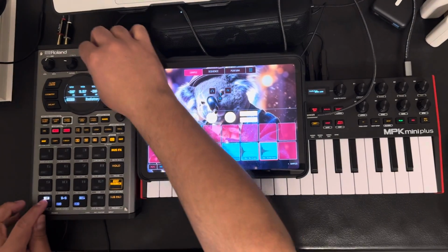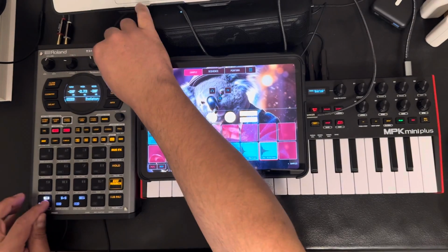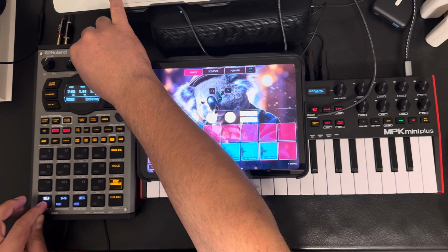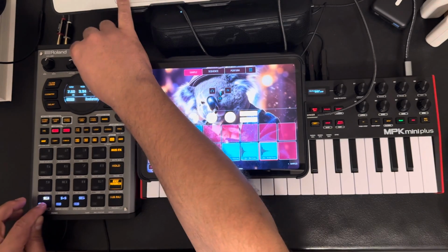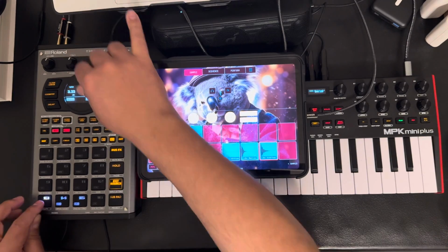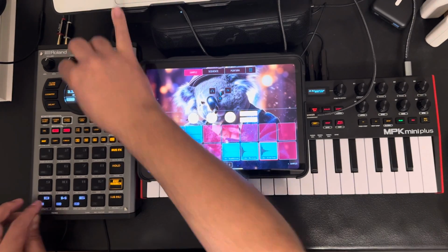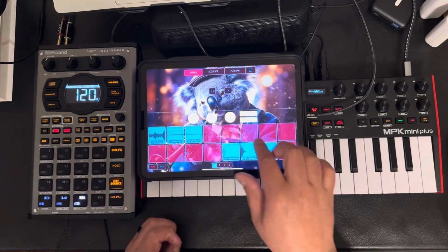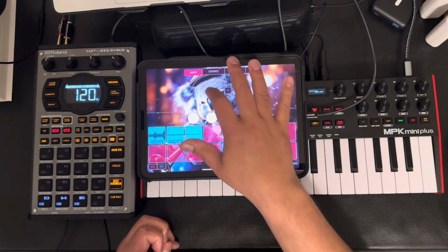Let's use the isolator for whatever reason, because maybe I want to shape the sound. All right, we're just going to use that. It doesn't matter. So now if I record back into here,